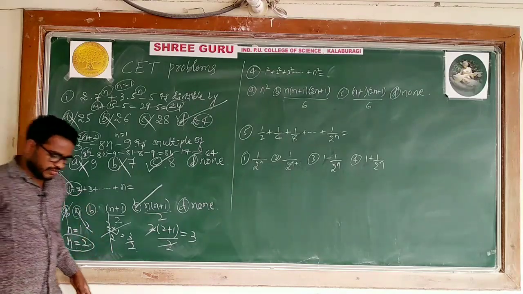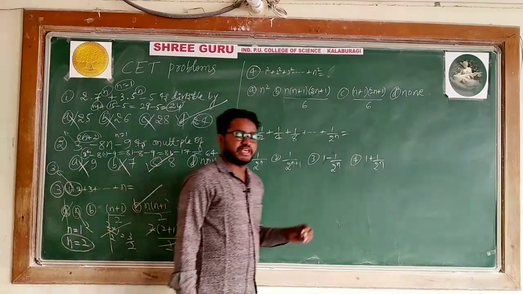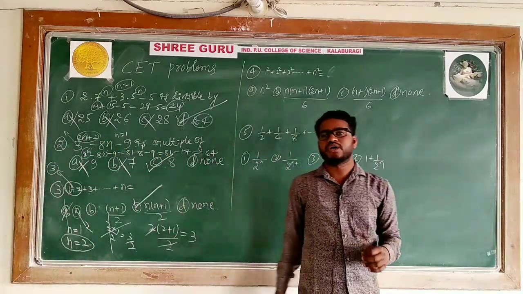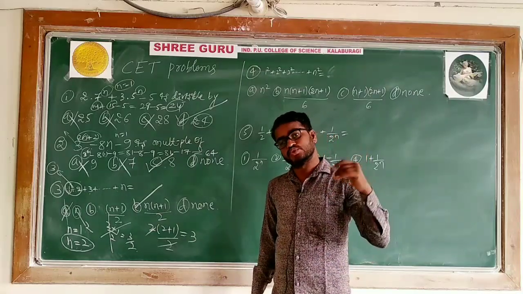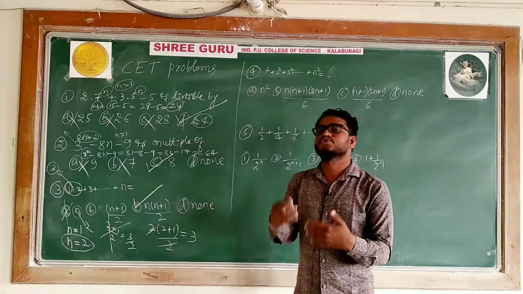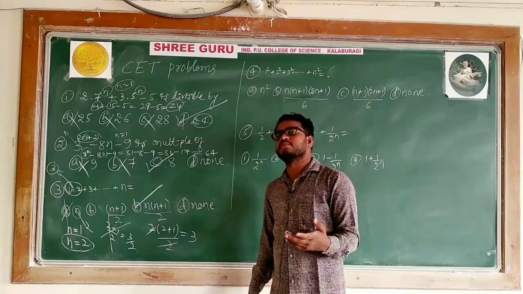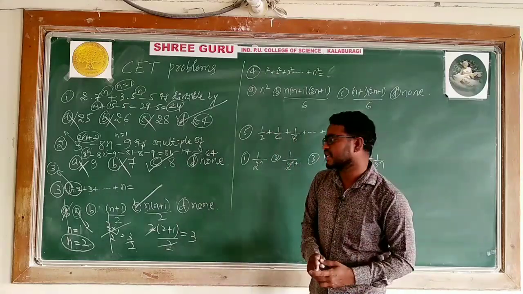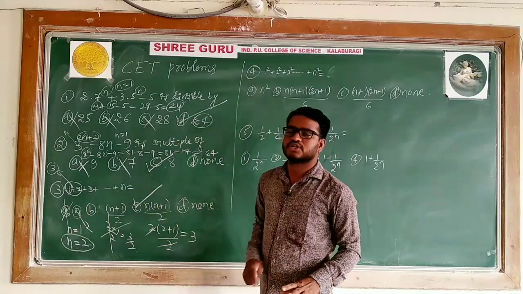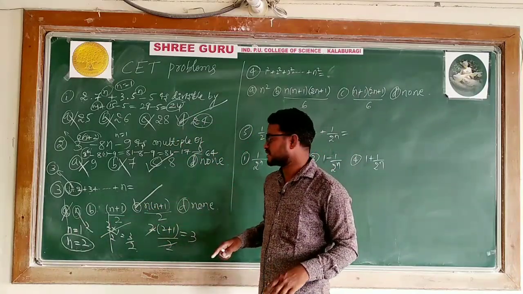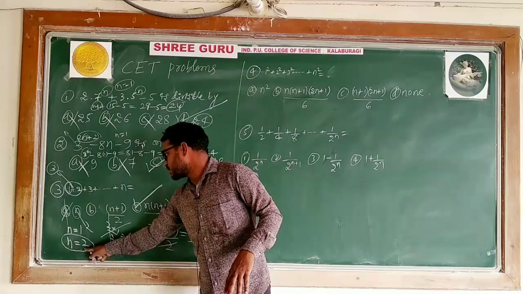I said when the given statement is true for n is equal to 1, it is true for n is equal to 2. If it is true for n is equal to 2, it is true for n is equal to 3. Means you can take so many numbers. Instead of taking so many numbers, we say n is equal to k in the theory case. For that reason, when we take n is equal to 1, 3 options are satisfied. For that reason, I took n is equal to 2.